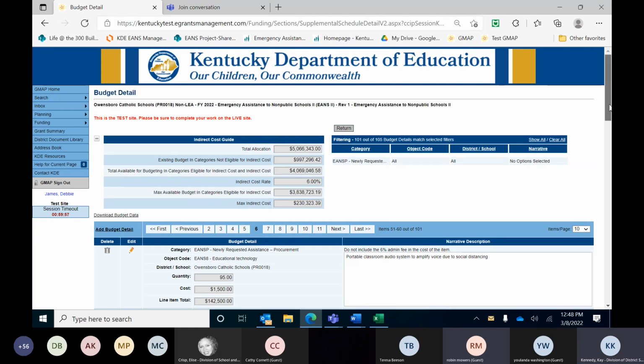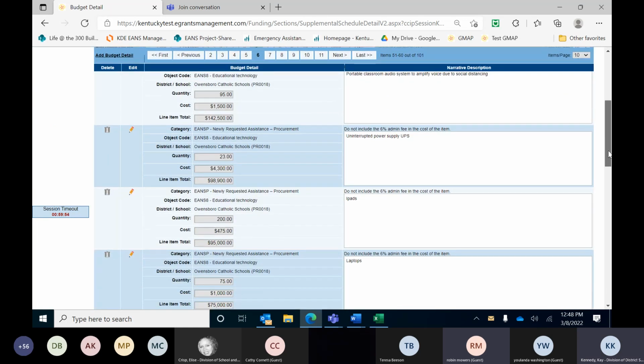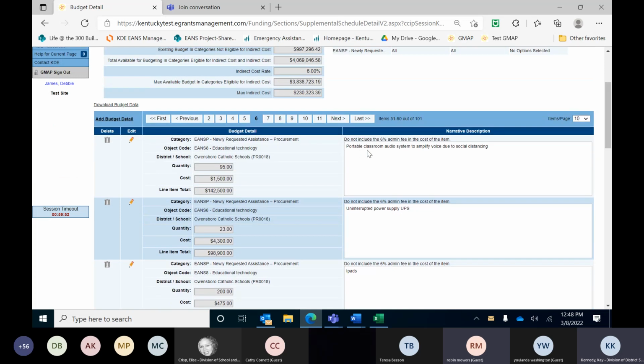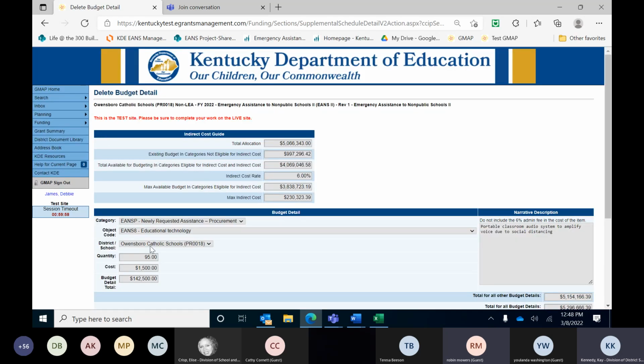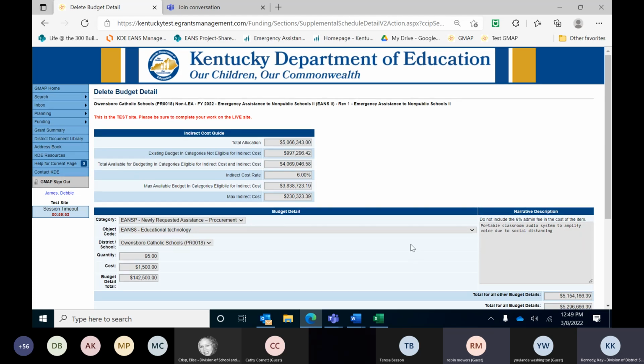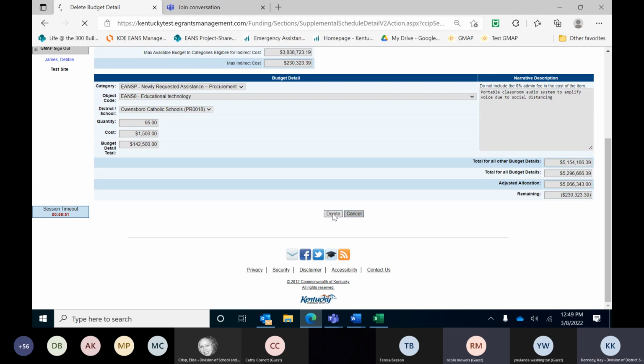And I see several line items here in my technology area. But this particular item is a portable classroom audio system to amplify voice due to social distancing. I think I'm just going to put that one on hold and say, maybe we really don't need this. It's not a high priority at this time. If another round of funding is made available, we'll maybe take care of that then. So I'm just going to make the quick step of deleting this particular item, and I don't need that anymore. So if I click the delete button